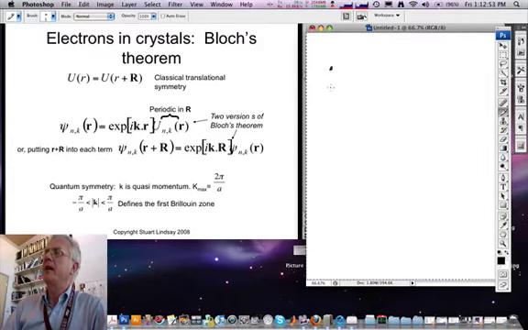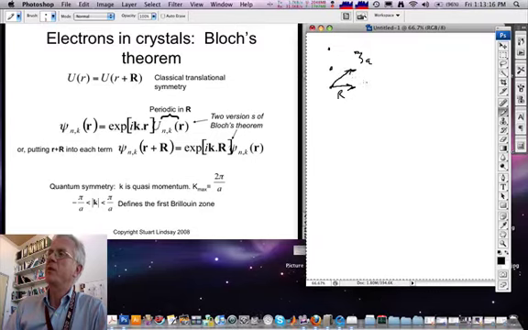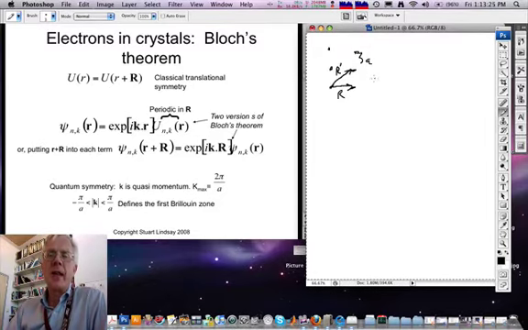So in a crystalline solid, let's just draw down a square lattice in which the atoms uniformly repeat, let's say at some distance a. If I sit on an atom and I translate by a vector r, in this case along the x direction and of length a, I'll sit now on another lattice site. Another possibility would be to translate at 45 degrees by square root 2 a, and this would be another lattice translation vector. And every time I make a translation in the lattice of this amount, I must see the same physical